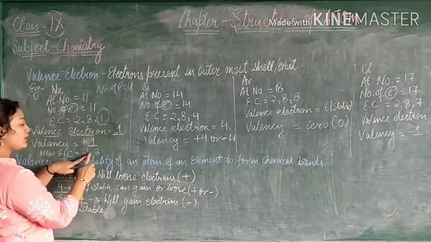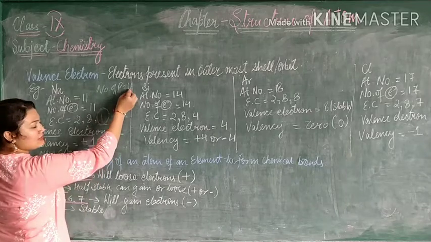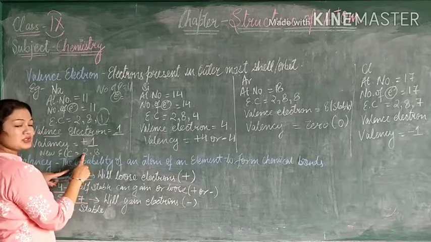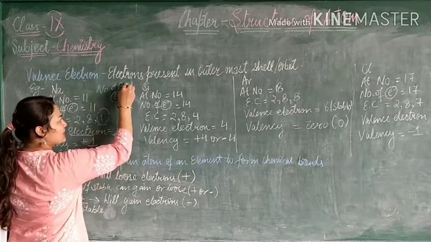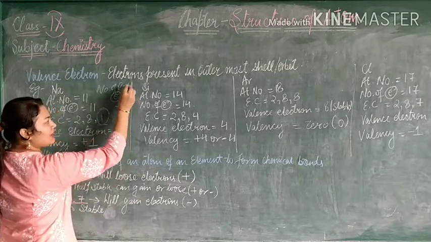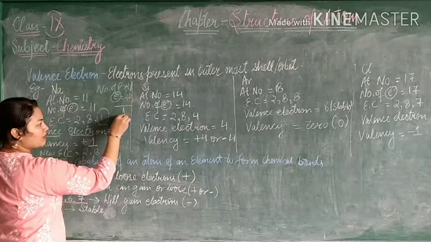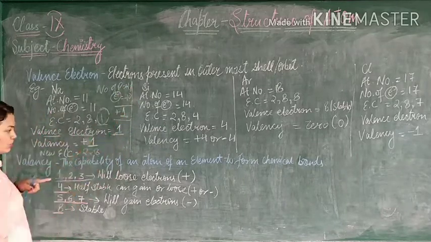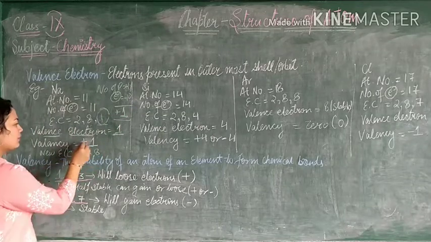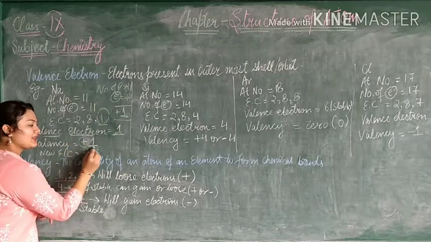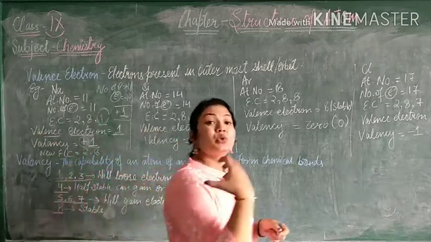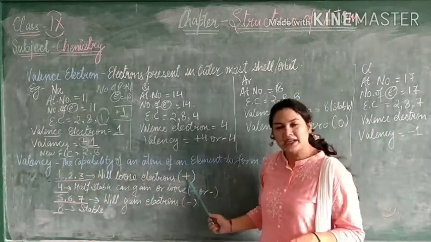So now the number of protons will remain the same, that means 11, but the number of electrons will be 8 plus 2, 10. Protons carry the plus sign, electrons the minus sign. Now 11 minus 10 is 1, and that is of positive sign because plus is more, 11 is more. So here we will put the plus sign. So the valency is plus 1. Okay, remember, whenever there is losing of electron, the plus sign will come.